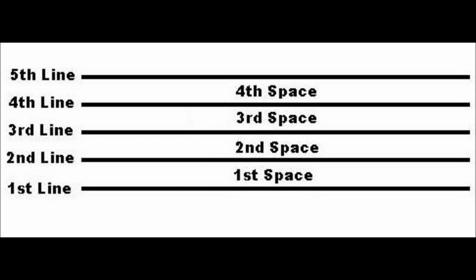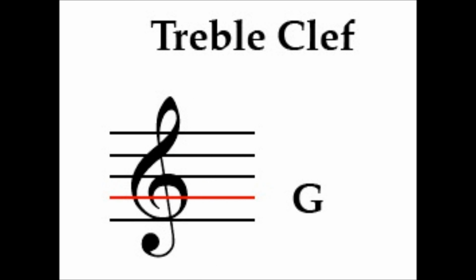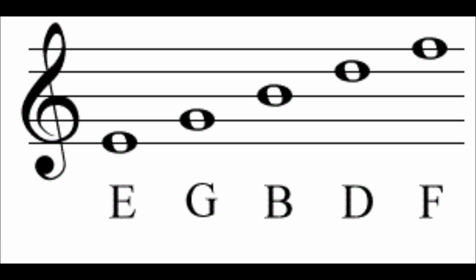In music notation, we have what is called a treble clef. This clef is also known as the G clef due to the fact that it circles the G line on the staff. Don't worry, we will learn more about this G line shortly. Thanks to the treble clef, the lines of the treble staff are E,